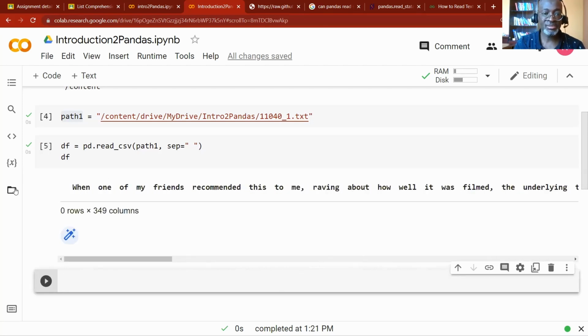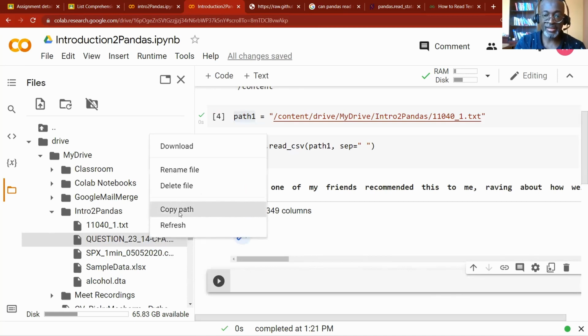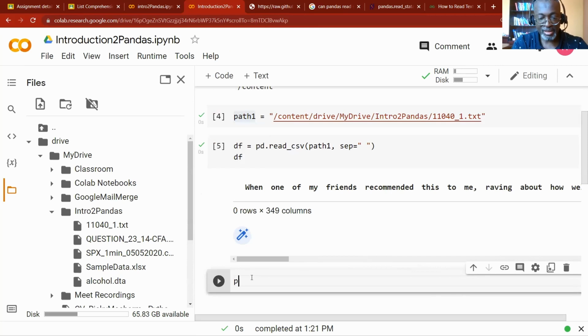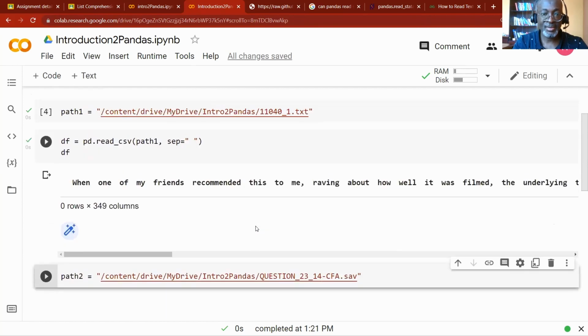So I can open my folder again and see what else I have. I have this. So I can, of course, right click again and copy path. And I'll call it path 2, in quotation marks. Let me just clear the space here. This is an SAV file. This must be